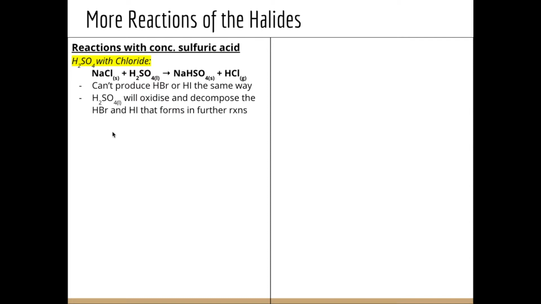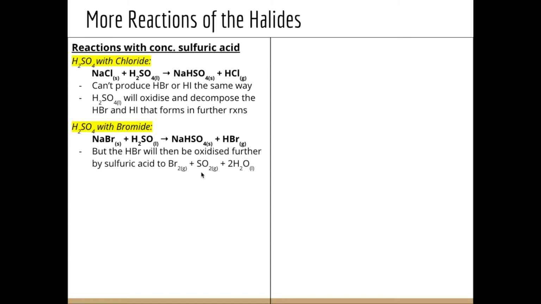So what we see when we add sulfuric acid with the bromide in the same way is that we'll first generate the HBr. However, the sulfuric acid is then a good enough oxidizing agent, and this is a weak bond that we can further decompose into bromine gas, sulfur dioxide gas, and water. So we'll see that characteristic reddish brown color given off when we release the bromine gas, because the HBr is being further oxidized. Similarly with the HI, when we react the sulfuric acid with iodide, we produce the HI,